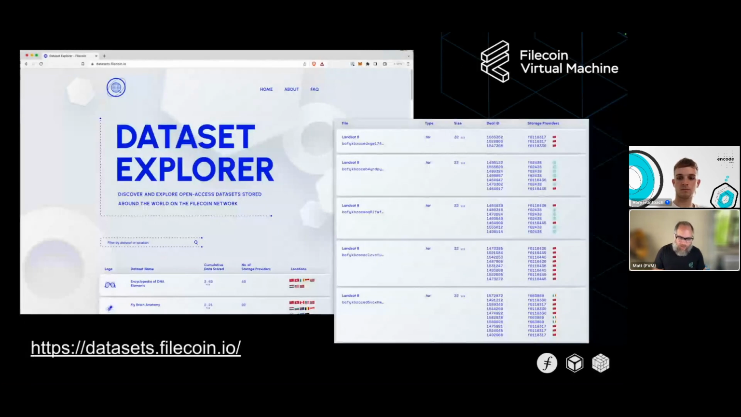If you go to datasets.filecoin.io, there's a whole series of data sets here. You can see, here we've zoomed in on some Landsat data. This is satellite data, 32 gigabyte pieces of data here. There are multiple deal IDs for each piece, with multiple storage providers in multiple different locations, right? There are a number of different storage providers, and that is what provides the resilience on